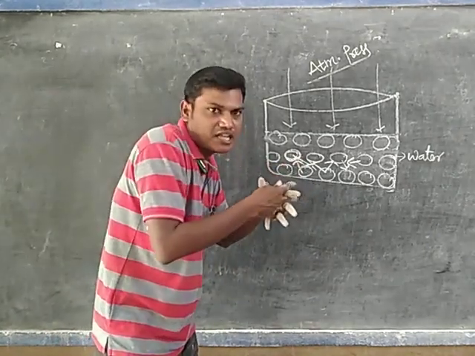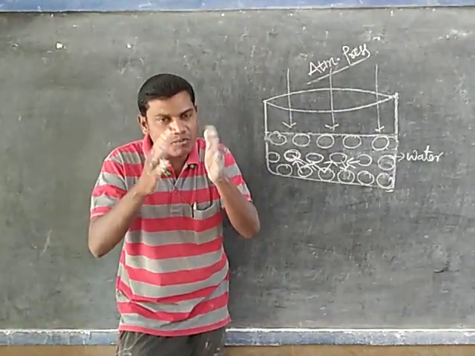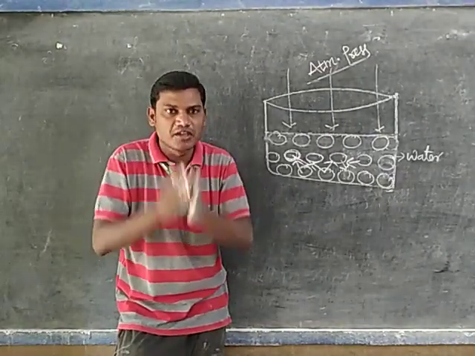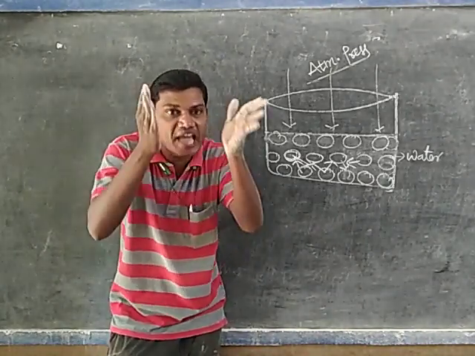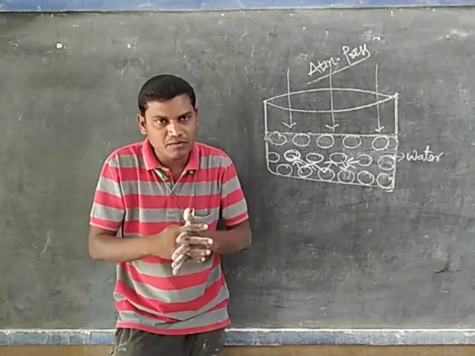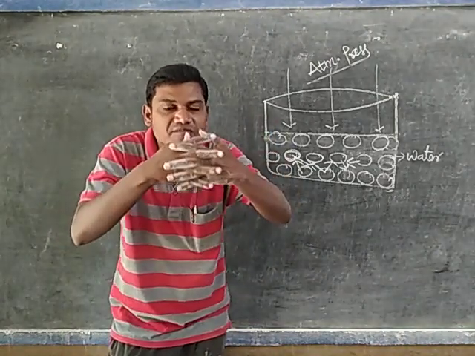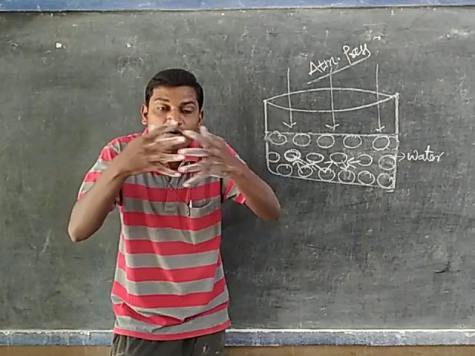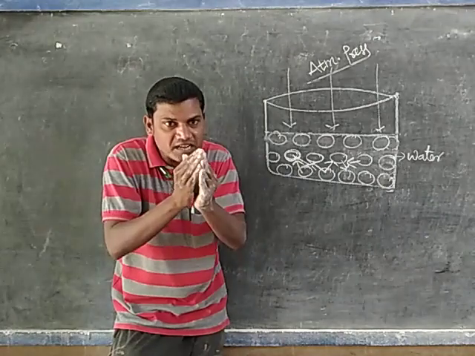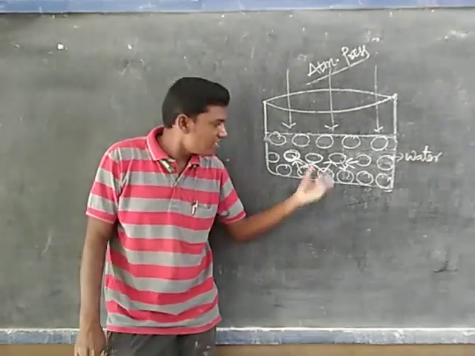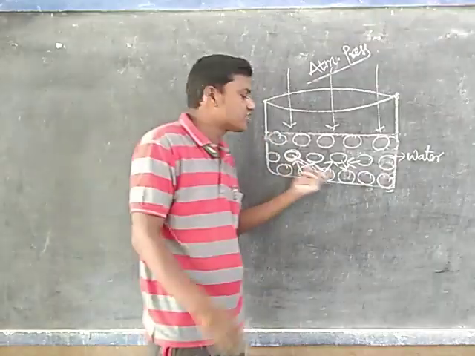Due to the collision, they transfer the energy to each other. Listen very carefully. In water molecules, some intermolecular space is there. Due to that space only, the molecules are in random motion, which means they move in different directions. Due to this, most of the time one molecule and another molecule collide with each other. When they collide, they transfer the heat energy, because during the collision heat energy will be released. That's why here also, when the water molecules collide, they transfer the heat energy to each other.